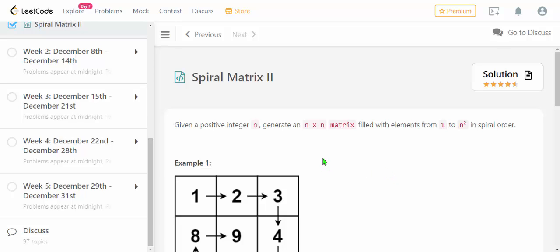What's up, guys? Today we are going to talk about a LeetCode problem named Spiral Matrix 2. This is a medium category problem, and the problem is asked by several giant companies like Facebook, Microsoft, LinkedIn, Oracle,